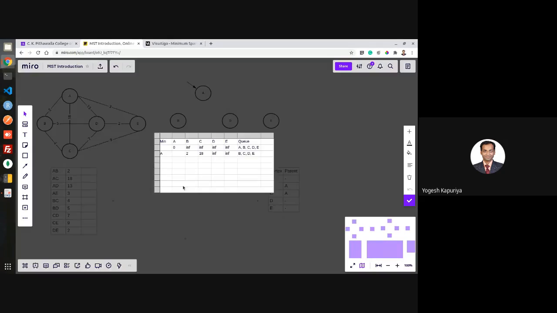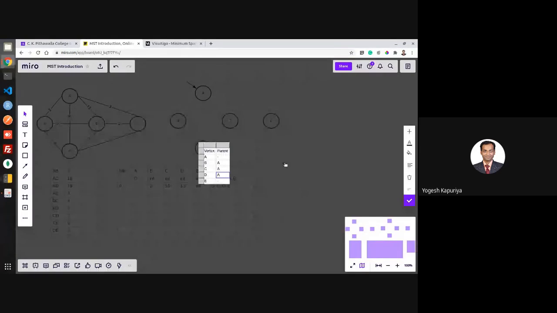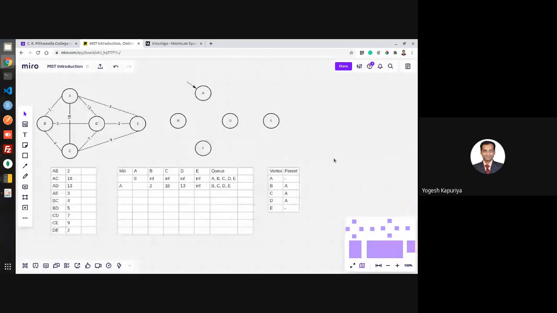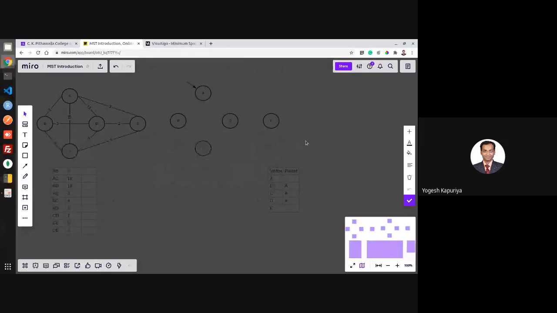What is the current weight? It is infinity, so it will be changed to 13. Parent of D is A. Again, AE, what is the weight? Infinity, so it will be changed to 3. Parent of E is also A.